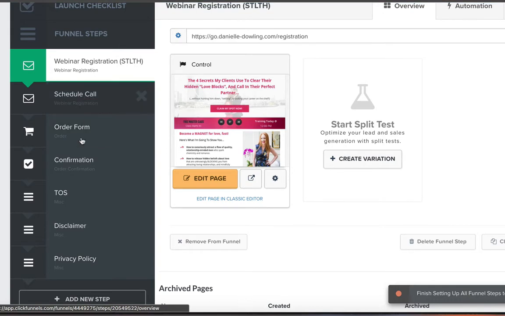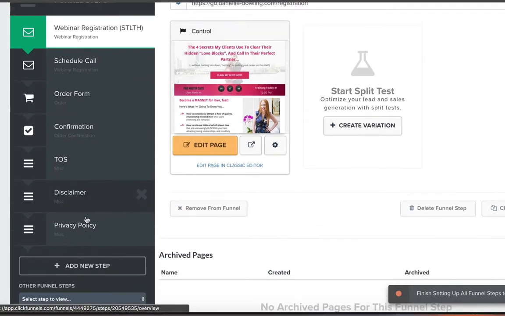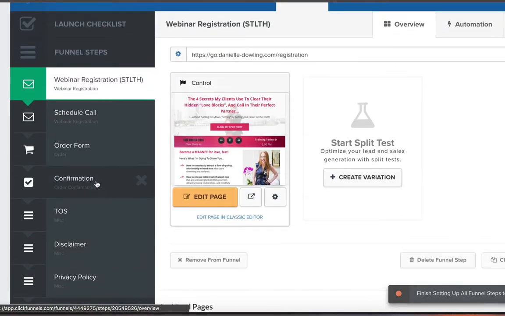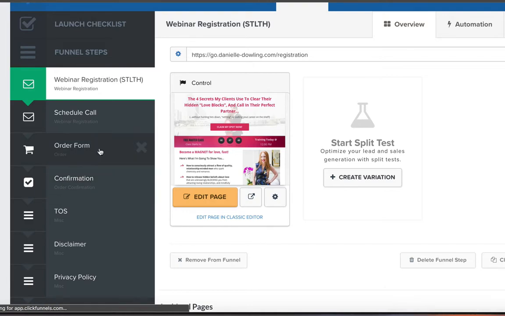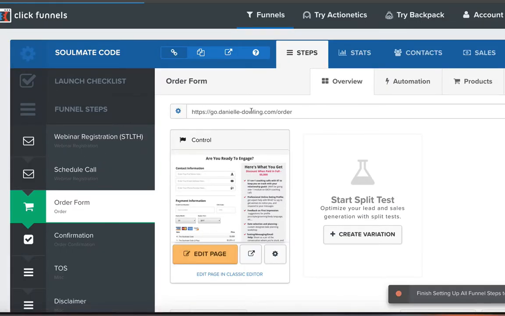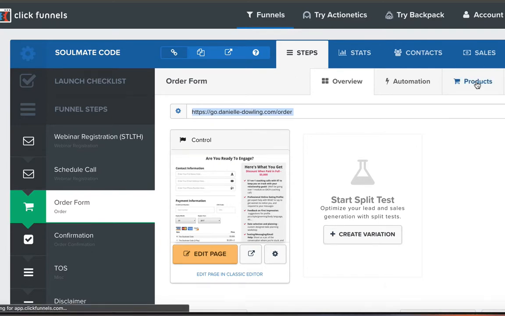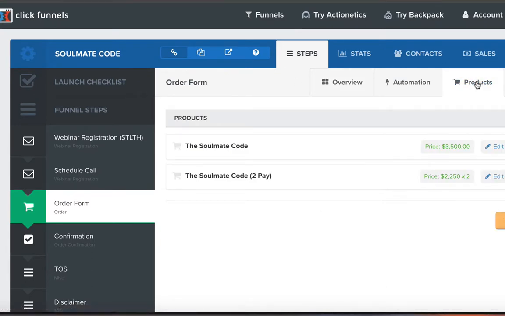So once people go through this funnel and they go through the order form process, and you take the money from your client, they are automatically put into the members area via the products tab. So if you go to products, if you're in ClickFunnels, then go in. You don't have to do this if you've already done this. But if you're creating products, if you ever go into another funnel and need to do this process, you go here to products,